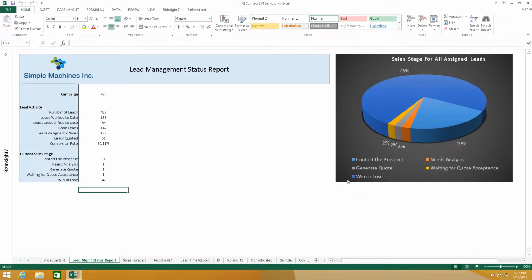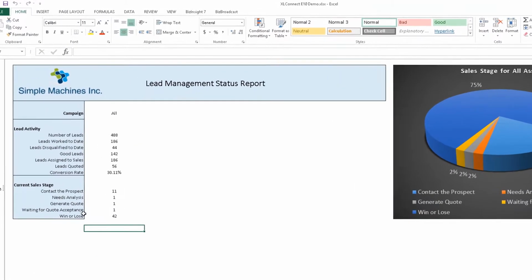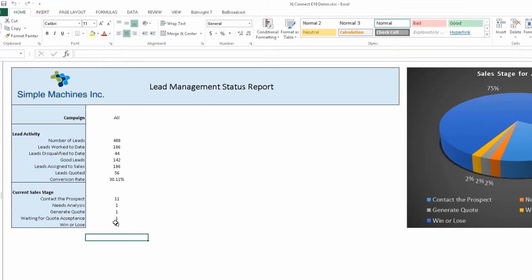Suppose the director of marketing, in an effort to maximize the value of their activities, has a report that allows them to determine the effectiveness of their campaigns by tracking the status of leads that have been given to the sales department. This lead management status report, created with Excel Connect, brings their Epicor data together with data from their CRM system to show them how many leads they've generated for the sales team and where those leads are in